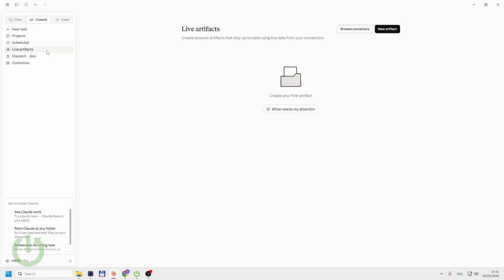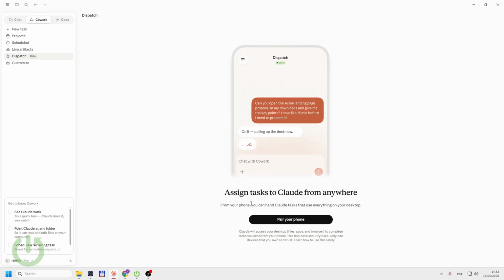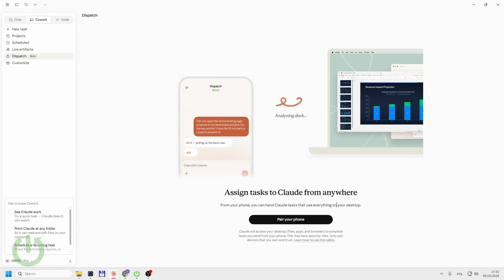You have live articles, which is create dynamic articles that stay up to date using live data from your connectors. So I think I will also show that to you in other videos. You have dispatch, which is in beta version. So assign tasks to Claude from anywhere. From your phone, you can hand Claude a task that uses everything on your desktop. So it is also very, I think,